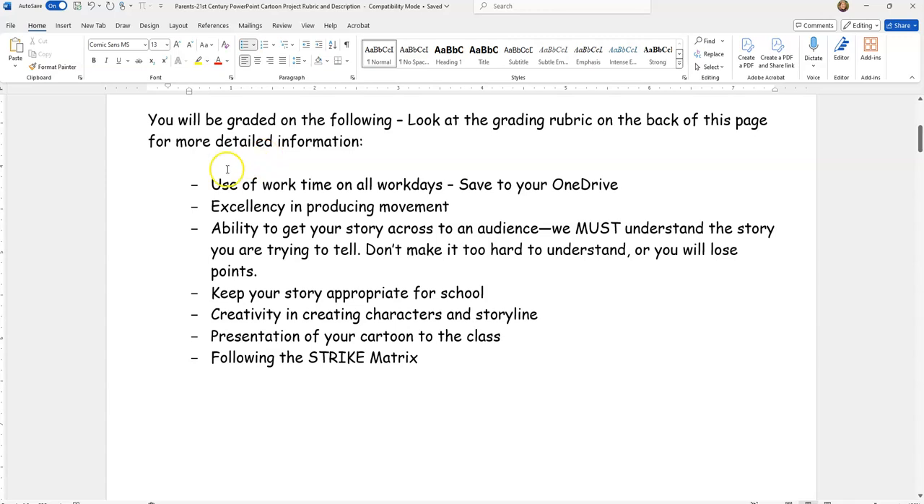You're going to be graded on these following things: making sure you use your work time wisely and save it to your OneDrive. Make sure that you can have an excellence in movement, have the ability for your story to make sense. We have to understand that story. You can be silly, you can be crazy, but it still needs to make sense. You need to make sure your story is school appropriate, know where you are. You have creativity in creating your characters and your storyline. We are going to present this cartoon at the end, so your peers will see it,